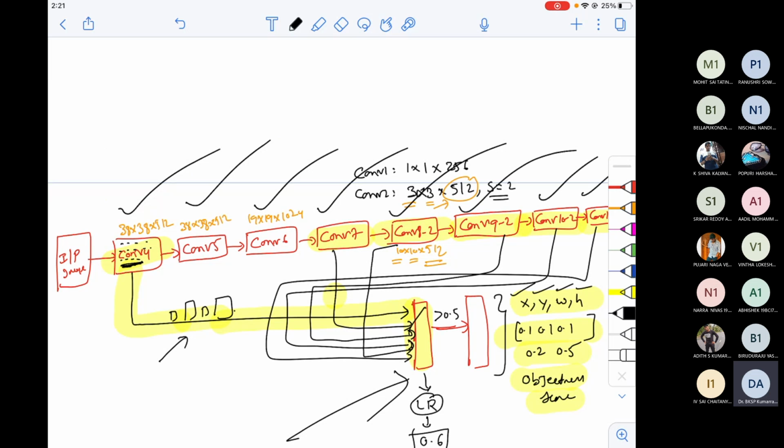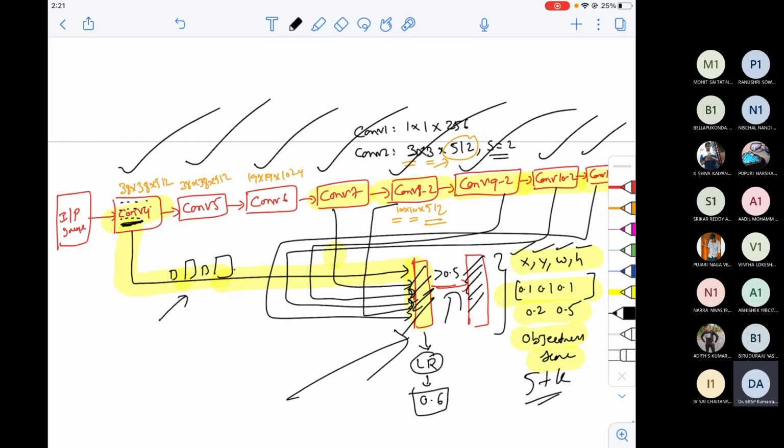All the boxes will be sent to the fully connected layer, and again the objectness score will be calculated, and the one with the highest objectness score only will be considered for proposing the 5 plus k values. The one not satisfying the objectness score will not be considered for predicting the 5 plus k values. It's all known to you. But how many? Let me tell you, guys. It's looking very clumsy.